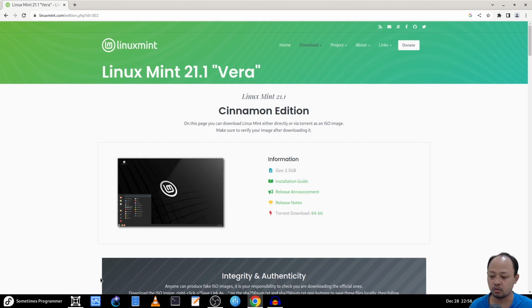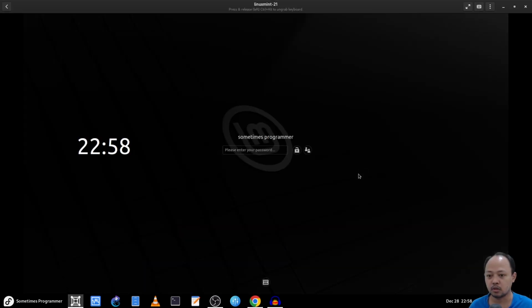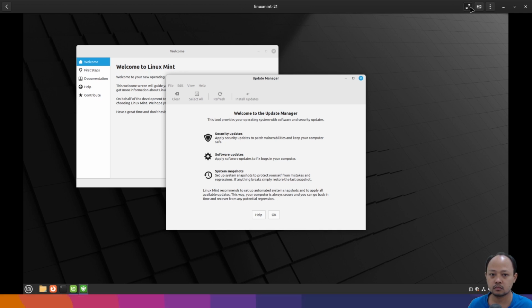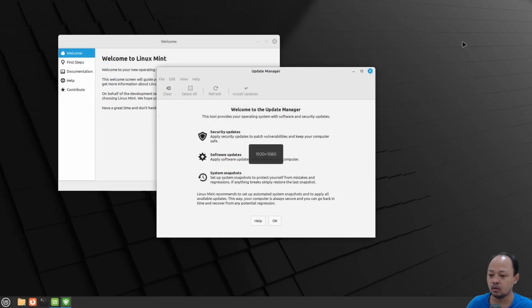Let's go to the Linux Mint. After the installation and reboot and login into Linux Mint, we will see this welcome screen.